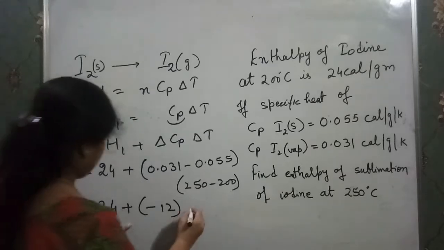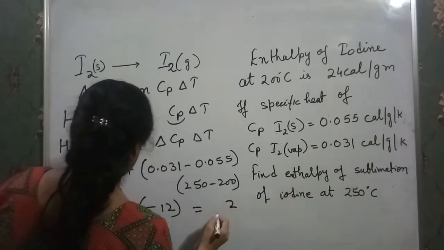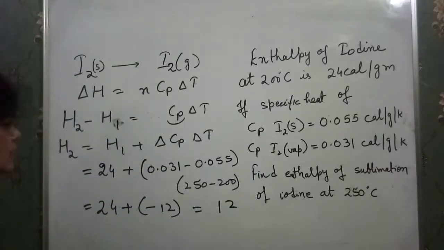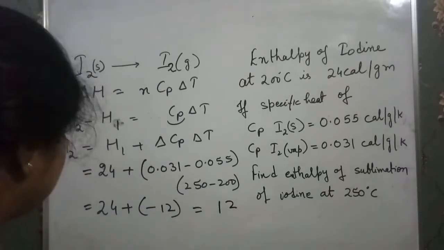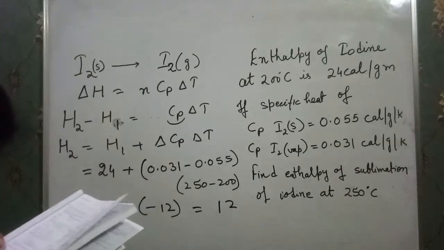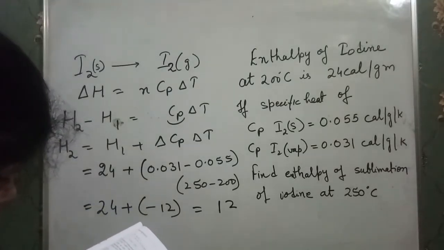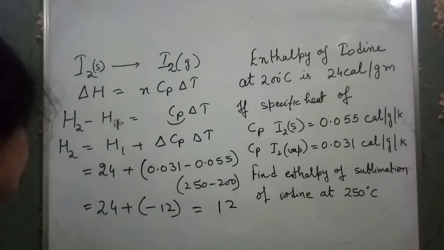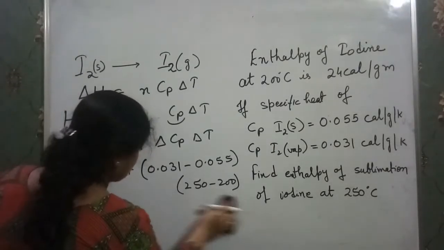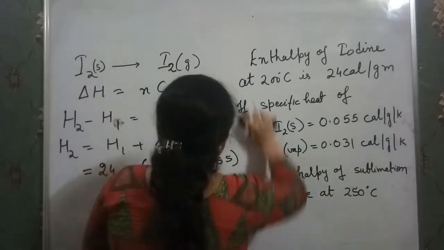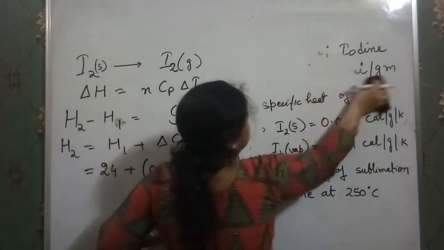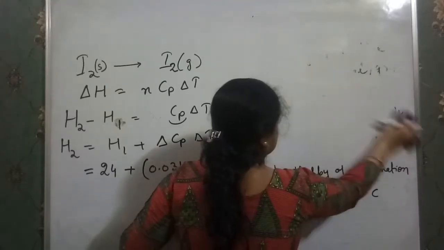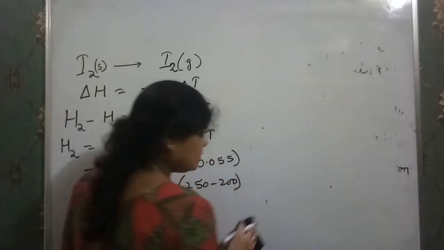When you solve, you get 20... 12... Not 12. We get a different value. I am going to solve it with you. Now I am rubbing the blackboard. I think you solved it, but I am also solving it.